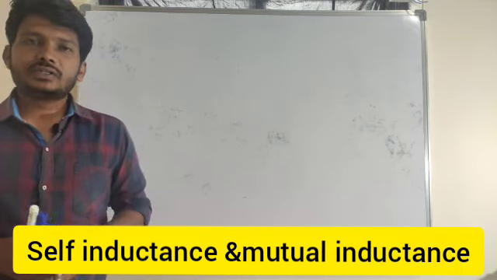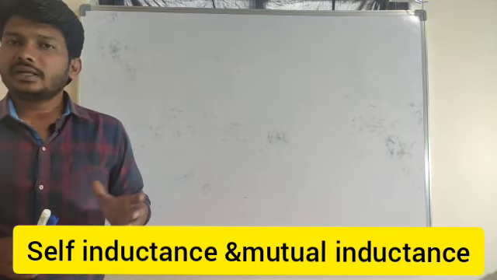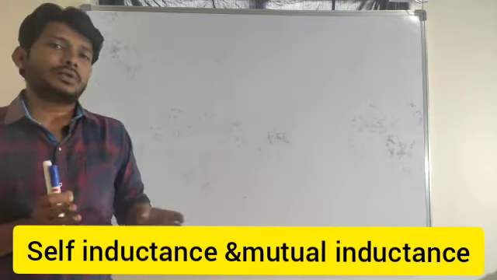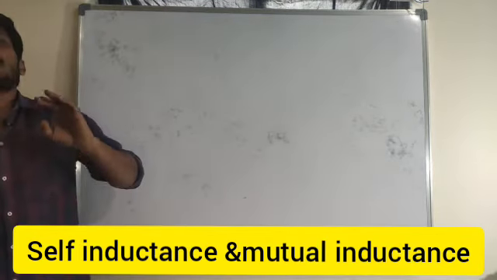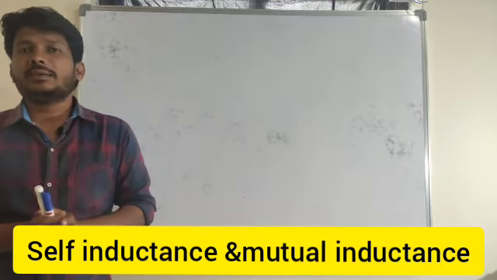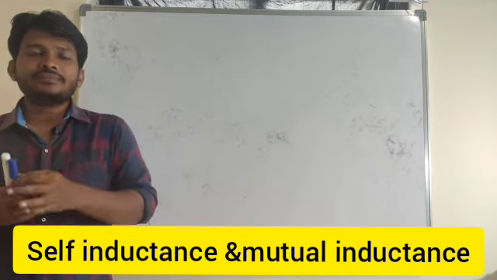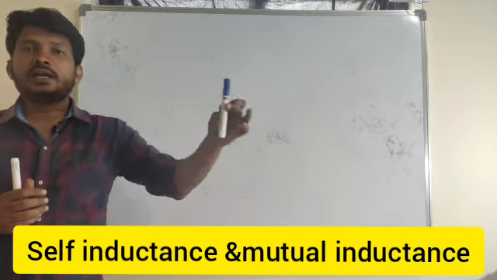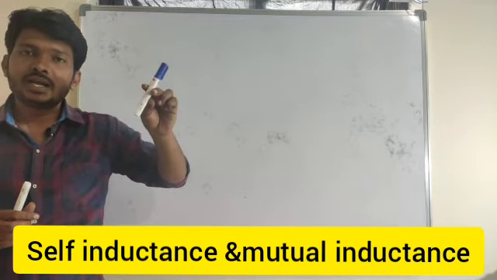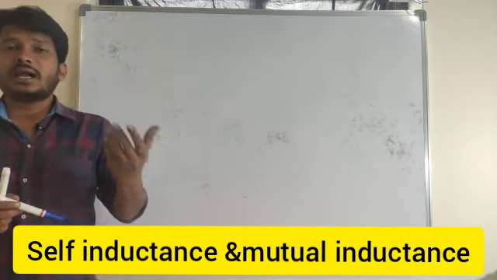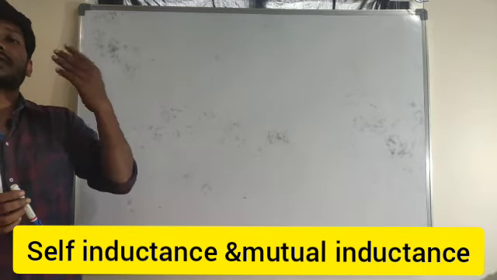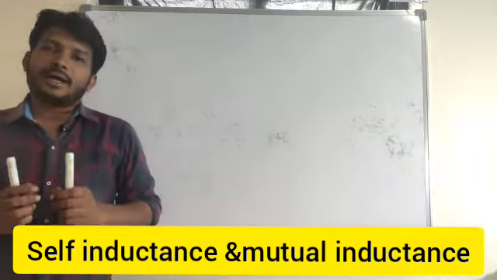So in previous videos we had been discussing electromagnetic induction. Related to that, we already came to know about magnetic flux, Faraday's experiment, Lenz's law, and motional EMF. In the case of motional EMF, when a metallic rod is moving in linear motion, we got the expression for motional EMF. Instead of linear motion, if it is moving in a circular manner, we got the expression for motional EMF when the metallic rod is rotating in a uniform magnetic field.